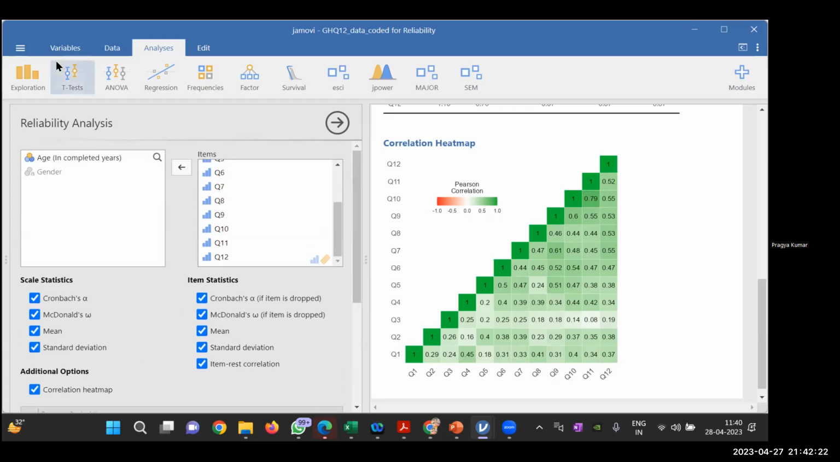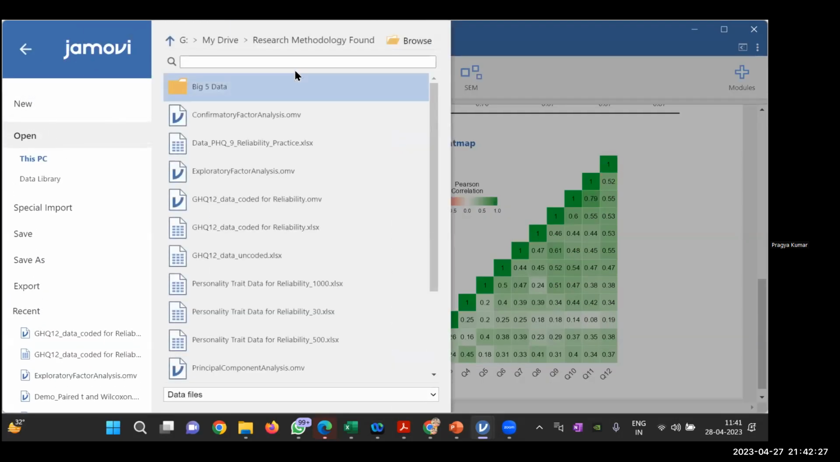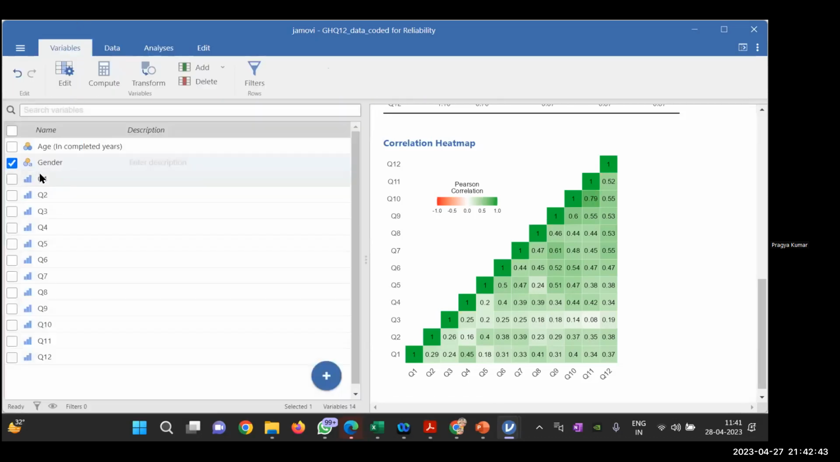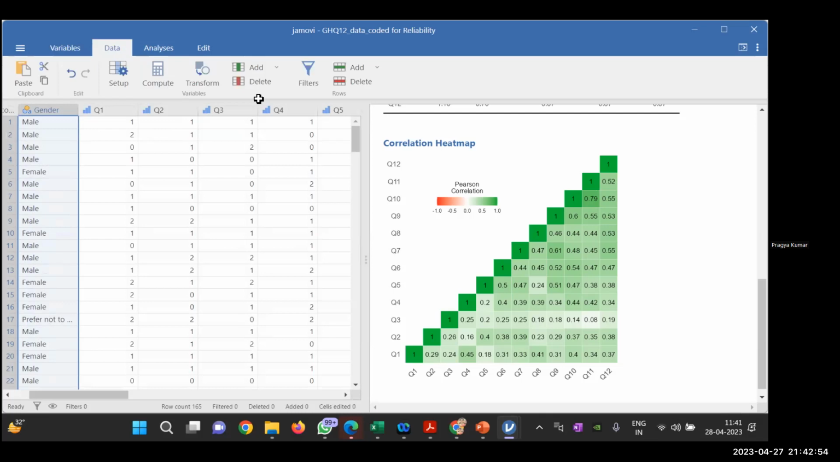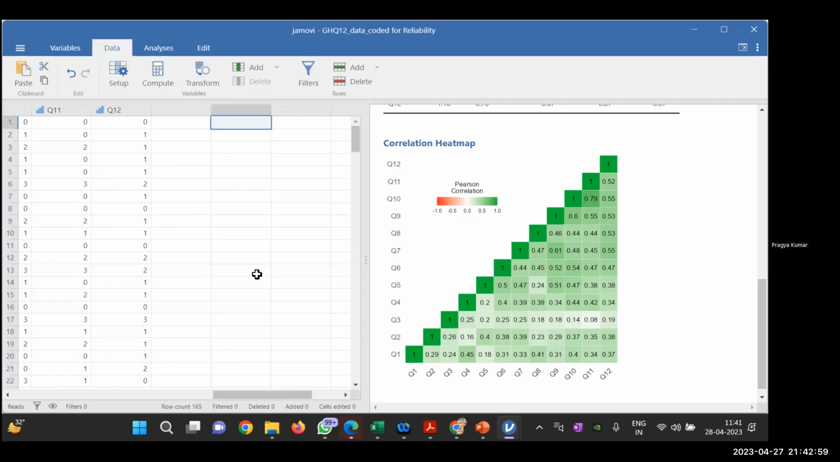So again, to repeat, go to JAMOVI, click open, browse the data, and give the path from where you have to browse your data. Then the data will be opened. These are the options. You have to change the variable. So go to variables, select all these variables, and if it is showing nominal or continuous, you may change it to ordinal. Then again come to data and perform all these analyses. Okay. So if it is okay,